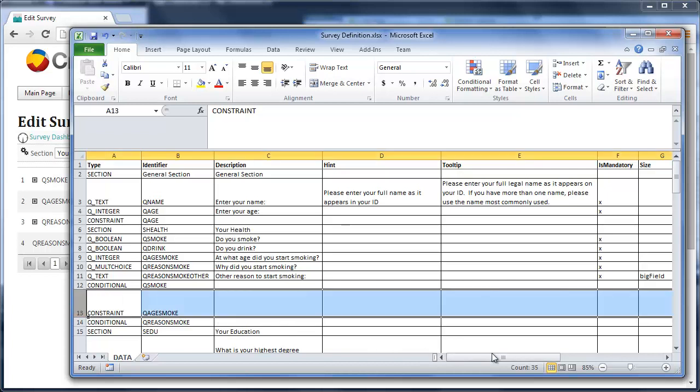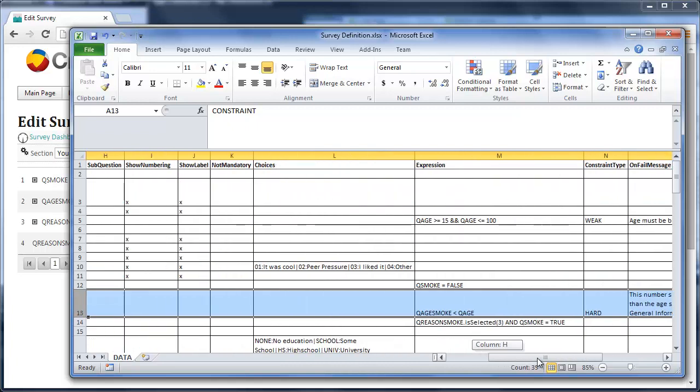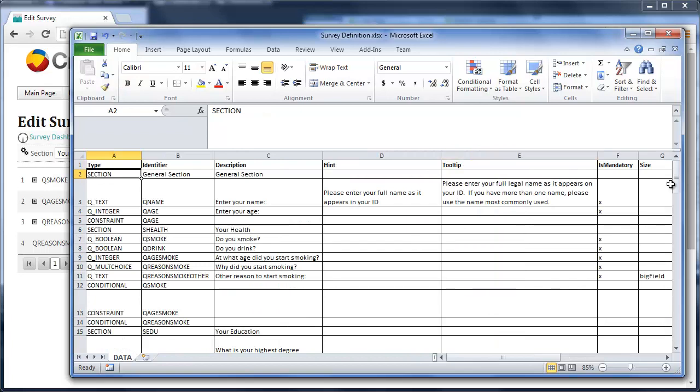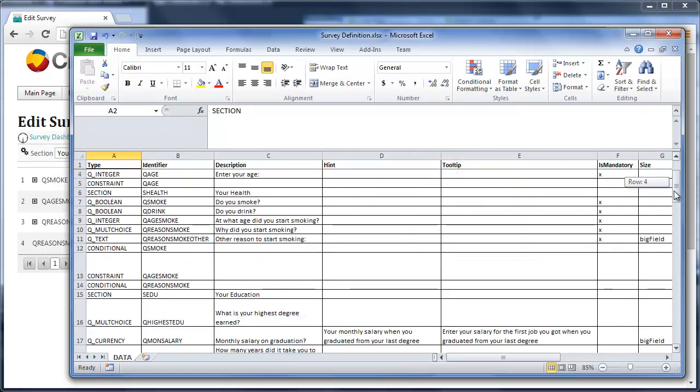The constraint, like in conditionals, is specified in the expression column. The column constraint type is specifying what type of constraint this is, and there are three types of constraints: hard, weak, and flexible. When the constraint fails, an error message is presented to the user, and this error message is specified on the onFail message column. If I go back to the beginning of my definition and I scroll down,